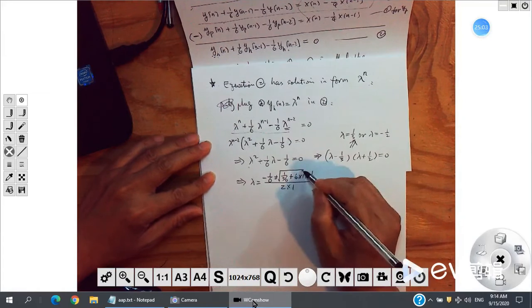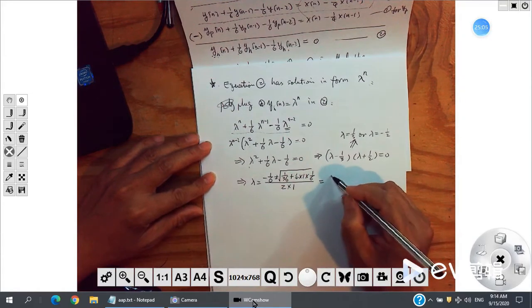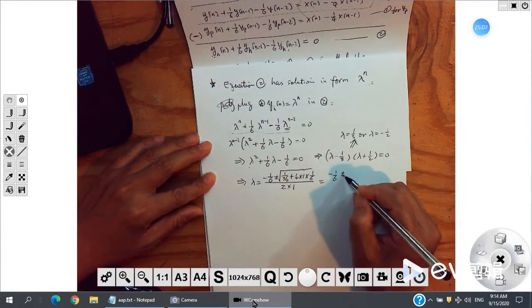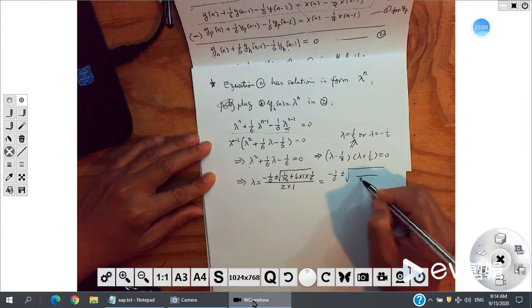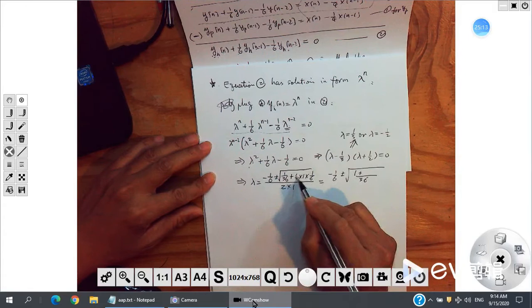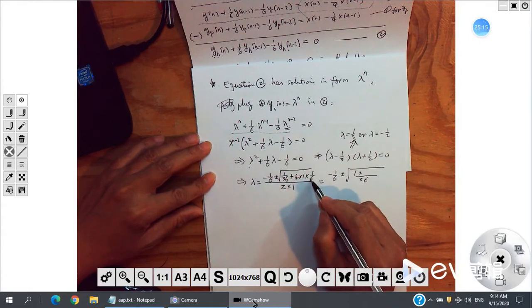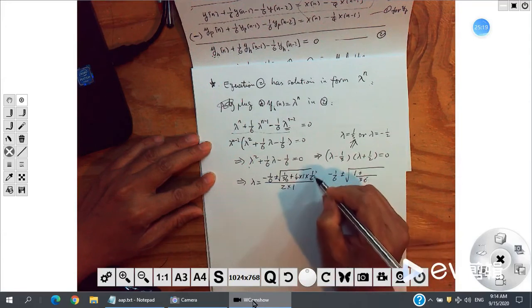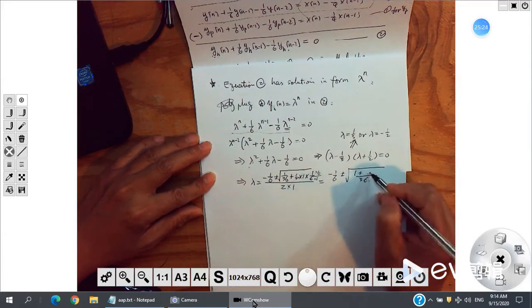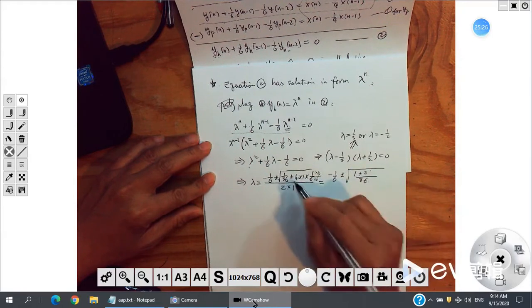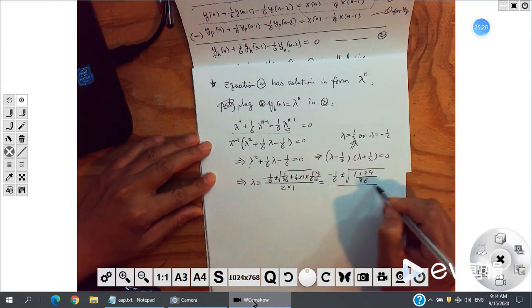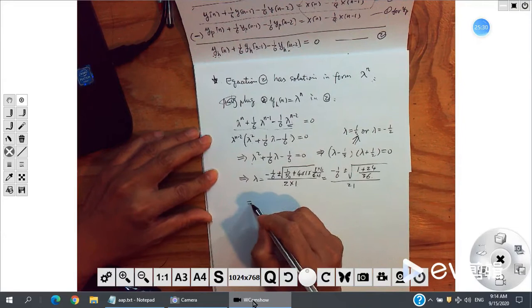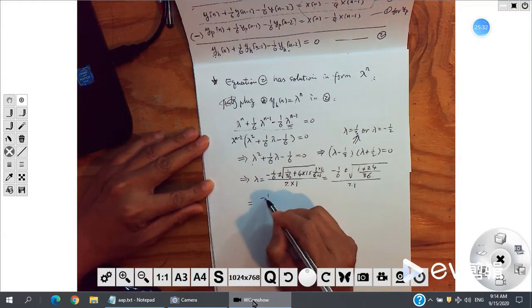So this is negative 1/6 plus or minus square root of 1/36 plus 4/6, but I want 36 in the denominator, so times 6, numerator should be 24. So that is negative 1/6 plus or minus